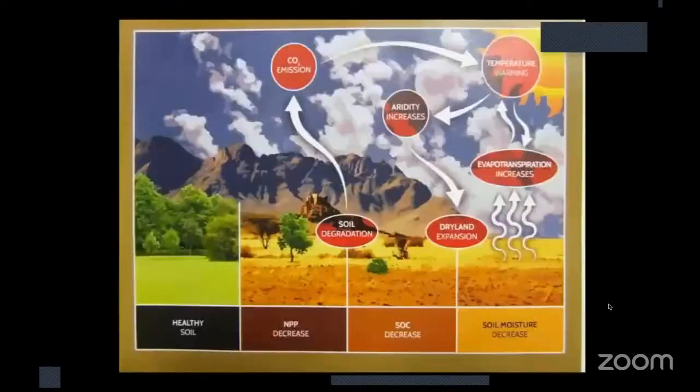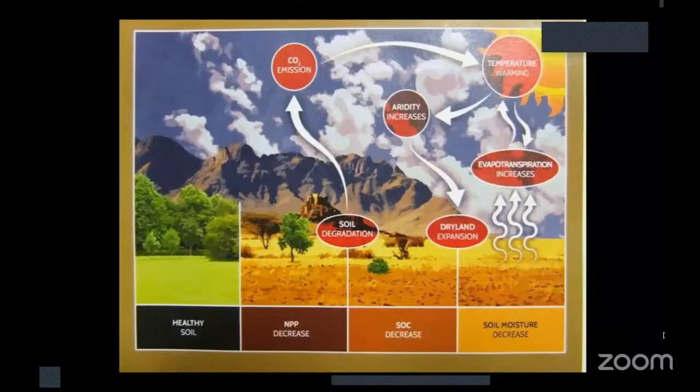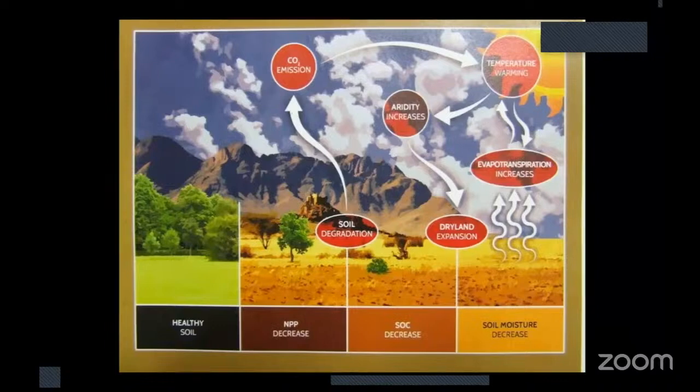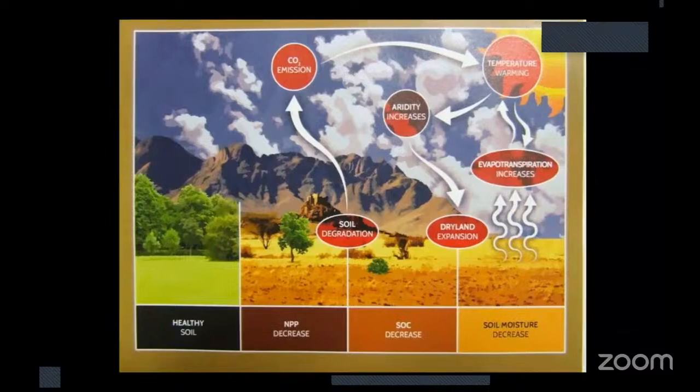So if we just look historically at what's happened on the major continents over time since European settlement, this is a diagram that was presented to the Food and Agriculture Conference in Rome last year, not by me, but it's in one of their publications. And you see there on the left we have healthy soil as it was when the prairies were intact, as it was when our native grasslands were intact in Australia, and the grasslands, the savannas were intact in southern Africa, etc., etc., and the pampas grasslands in Argentina. It's not just the United States, it's around the world. We have seen this change from where the ecosystem was healthy, was functioning, was building topsoil and maintaining topsoil,